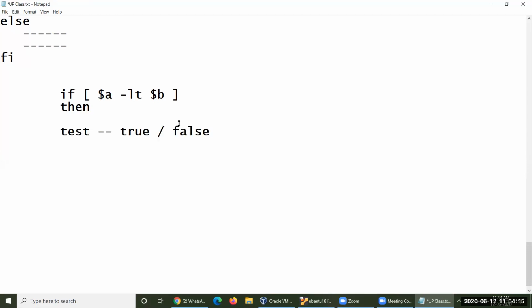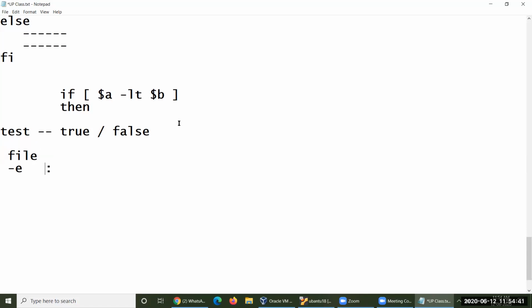So for checking such things, what switches are you supposed to use? For a file or directory, number one, -e, in the sense whether it exists or not. You may take a file as input, the name of the file will be taken into a variable called file.